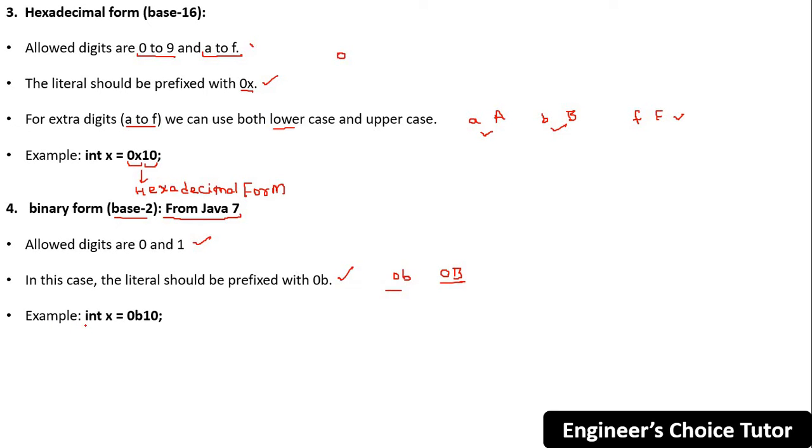So for example, see, int x is equal to 0b10. So it is in which form now? It is in binary form. Hope this thing is clear to you. Fine. So these are all four forms we have seen to represent